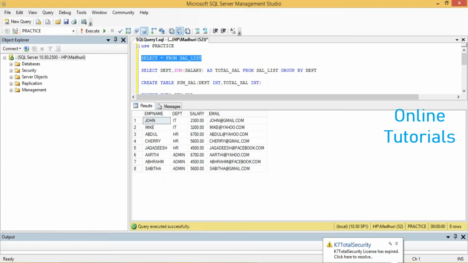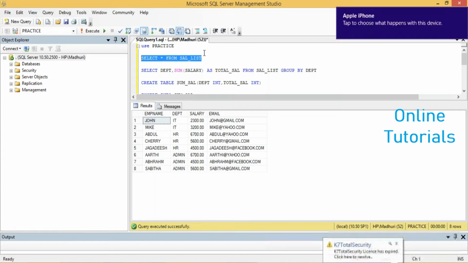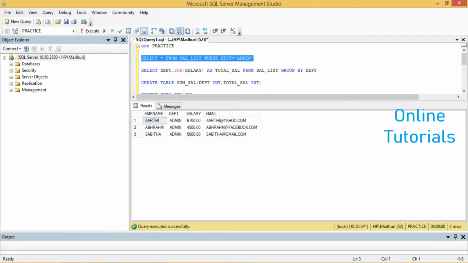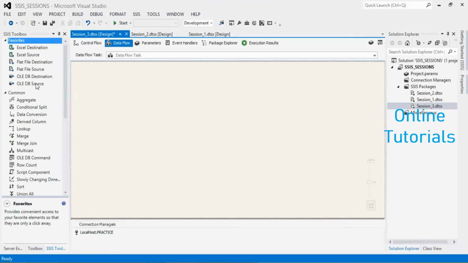So then I just prepare a query. Where department equal to Admin. So you're getting it like this. It's the same operation, which means where clause. If you want to perform the same operation, you can do